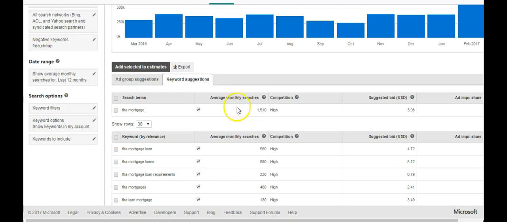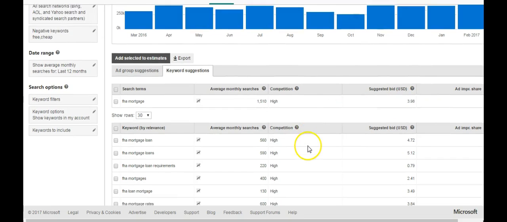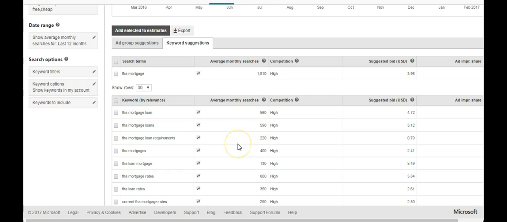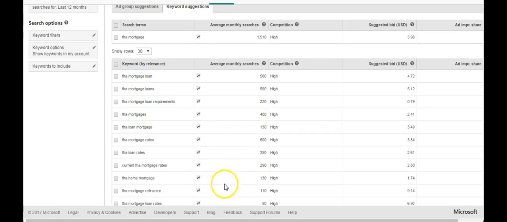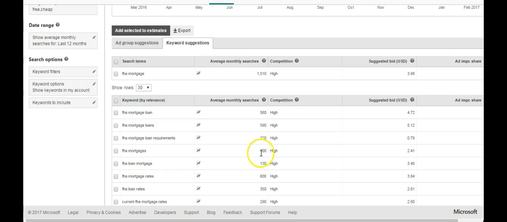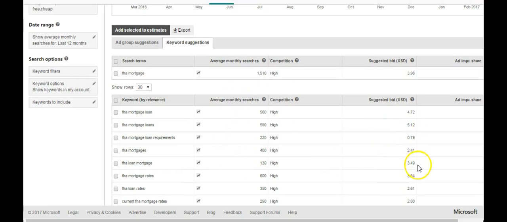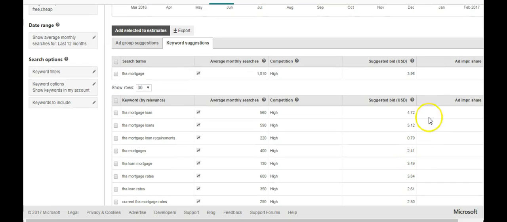But here's an example. At FHA Mortgage, we could get you about 1,500 searches a month for only $3.98 a click. If you went on AdWords, you could pay $20, $30, $40, $50 a click. So we could get you clicks for highly targeted keywords that are very, very powerful. Here's 1,500, here's another 500, here's another 500, another 200, another 400, 600. I mean, it just goes on. And look at all this super targeted traffic that you're missing out on at incredibly cheap prices compared to AdWords. So you could pay 50, 75, 200% more on AdWords